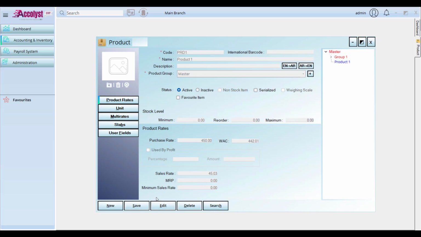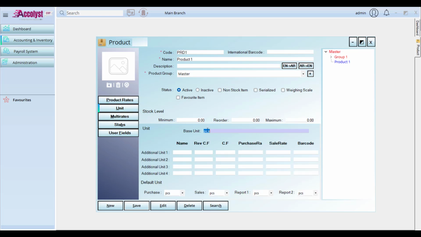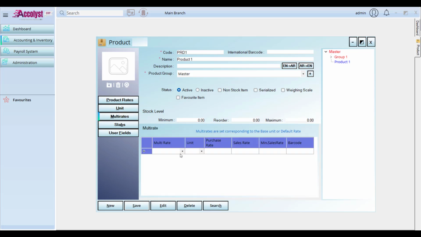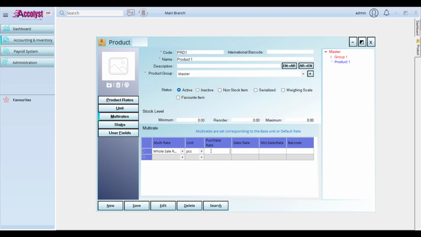And here you can use multi-rate. The normal rate is here. Of course, the unit for this is also here. Now, in multi-rate, you can give a wholesale rate, or based on the unit, you can pick your unit if you want to. Now you can just give the rate. Normally, the rate for the product is 450. Let's say it's 400. Okay, and for example the rate is 500. Now the 400 is for the purchase rate, but I can sell this like